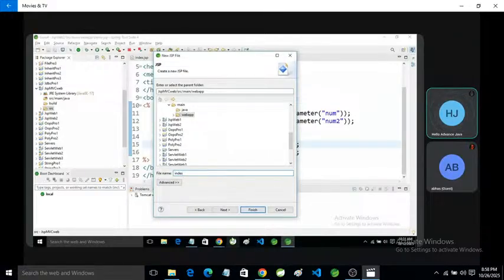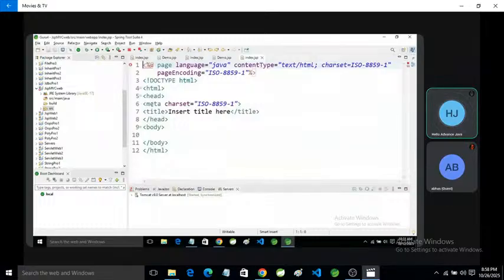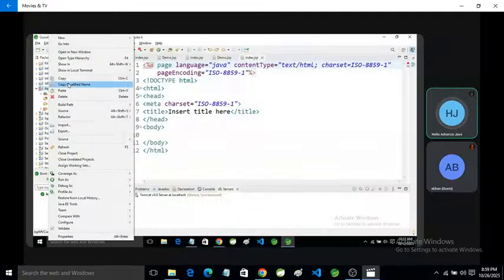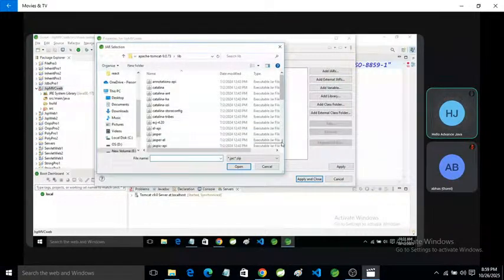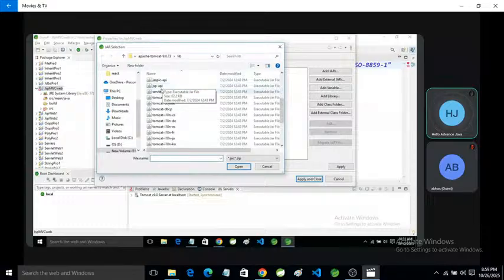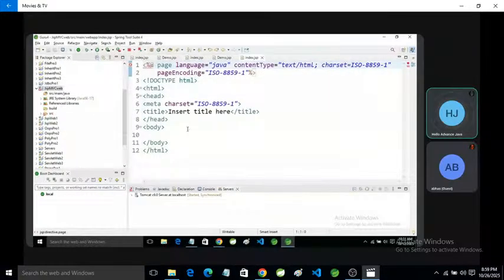So now I'm going to create an example of MVC with a JSP file. Configure build path, class path, add external jar, Servlet API, apply and close.